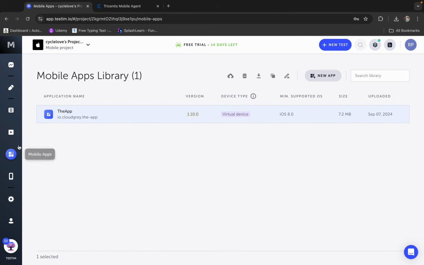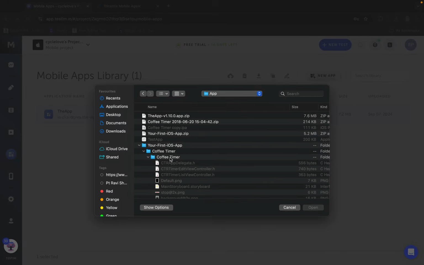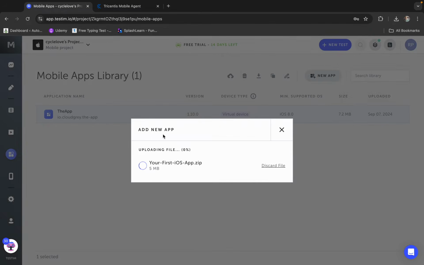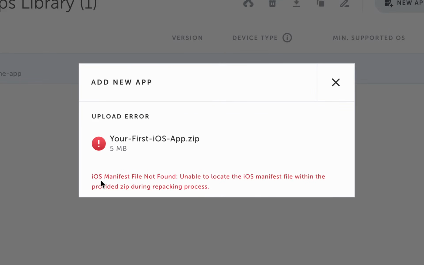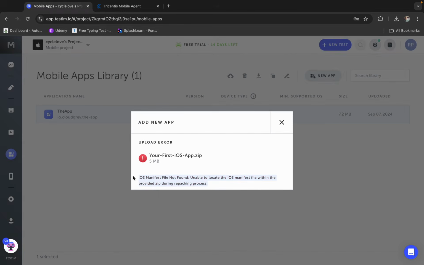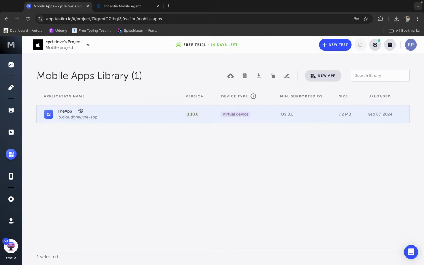You can upload many applications, so I can upload more applications. I can click on new app and go here, and let me see this one. So you can make all your applications ready by uploading on this section. So it is uploading, and see, this time there was some issue. It is saying iOS manifest file not found, so you have to check this. It should be a proper application with all the files and all the things available, and then it should be